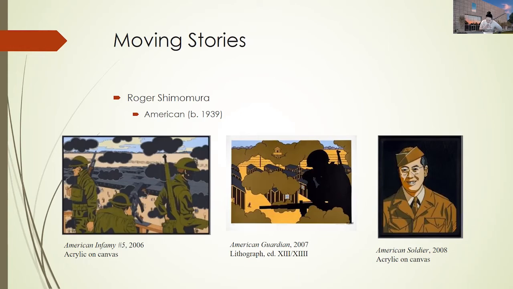And Shimamura asks us to consider our infamies, to consider other infamies committed against American citizens in the wake of that fateful day. And then kind of in contrast, the one on the right is a self-portrait of Roger Shimamura